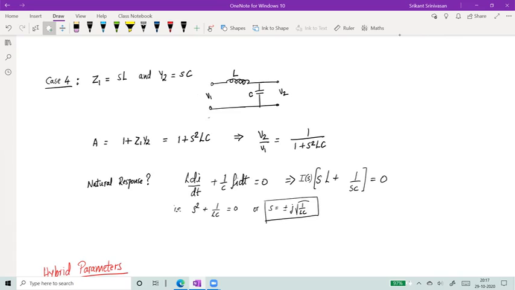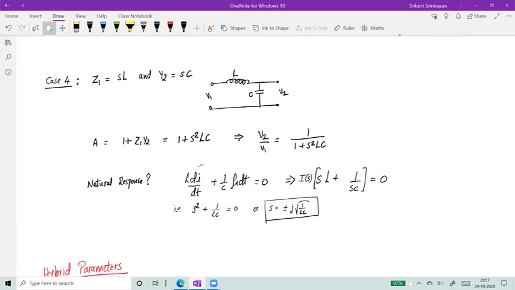These two terminals are shorted out. There is no V1, so we are talking about the homogeneous differential equation, which is over here. And we want to measure, say, what is the current through the system. If you were to now apply the Laplace transform, you will say that I(s) into sL, because of the differential here, plus 1 over sC is equal to 0.